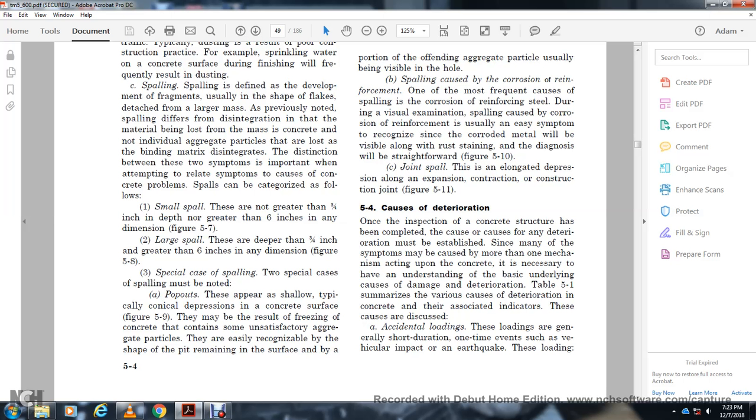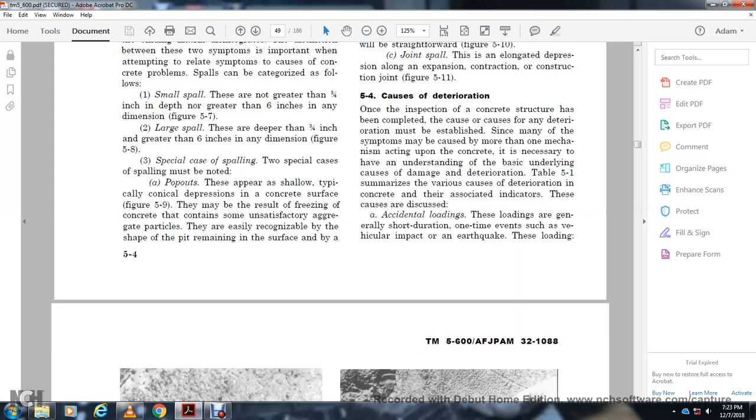Accidental loading. The loadings are generally of short duration. One type of event, such as the vehicular impact, or an earthquake. These loadings